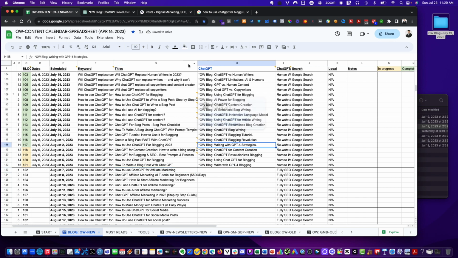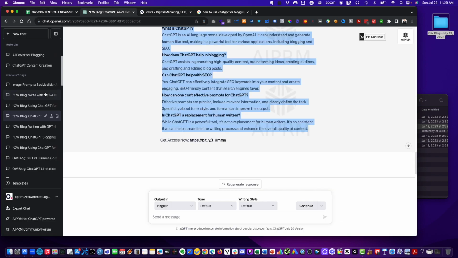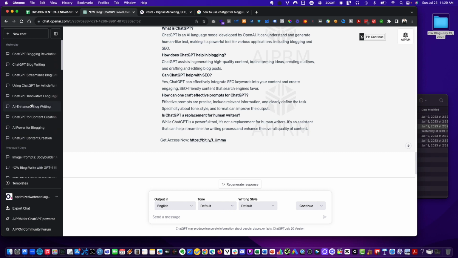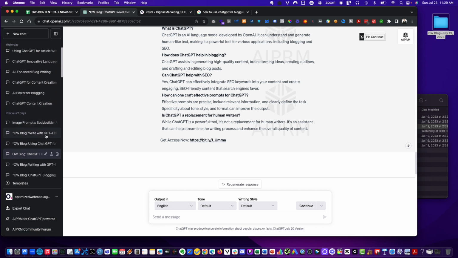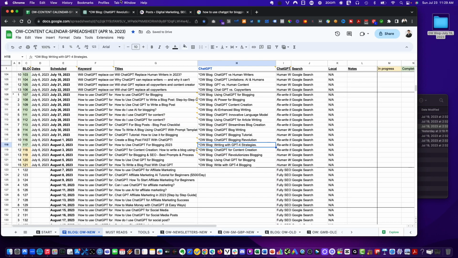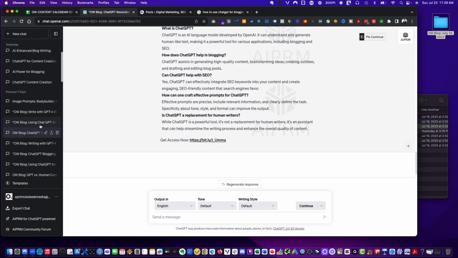So I'm going to find the one for writing with ChatGPT, which is this guy here. Also, what I do is I actually remove this. I should remove the asterisk as well. I'm not sure why, it should have actually had the blog post. No big deal. So I'm going to look for the next one, which is writing with GPT-4 strategies, which is